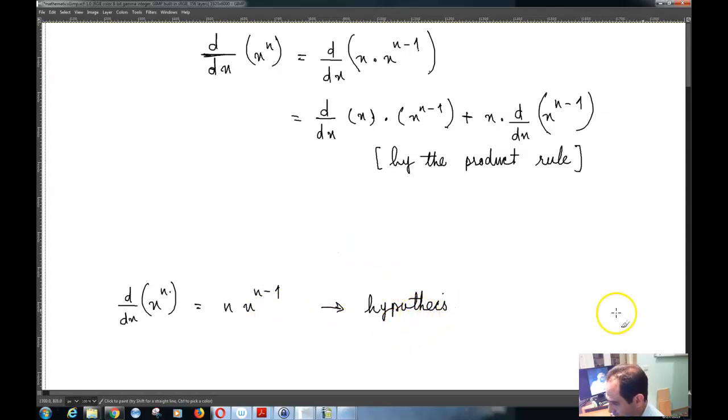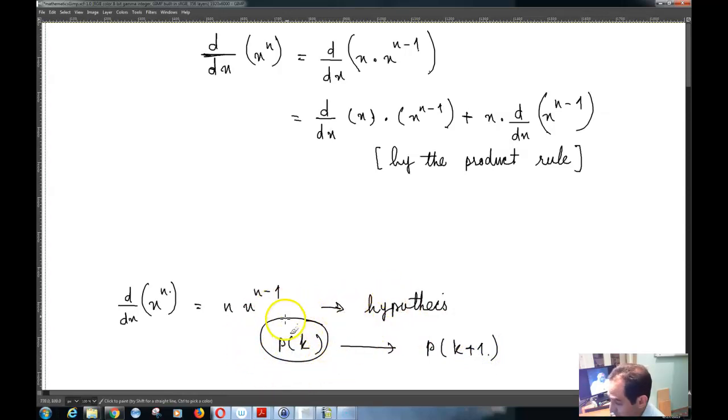what I said about that P(k): you assume some P(k) is true, and then based on that you prove that P(k+1) is true. That is basically called your hypothesis. And logically the hypothesis over here must be what you want to prove, which is d by dx of x raised to the power n is supposed to be n times x raised to the power n minus 1. So if that is the case, then